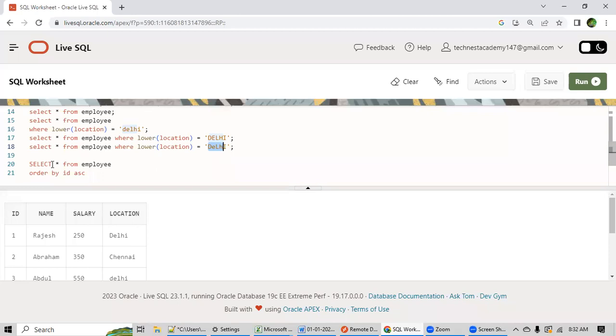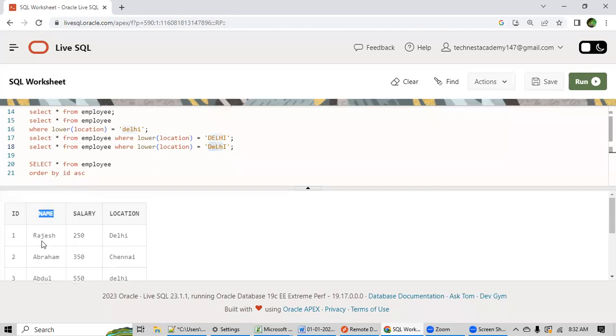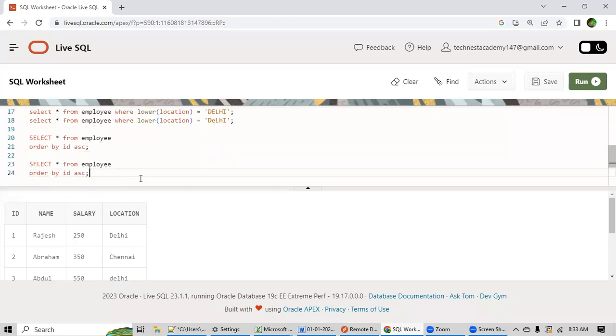Okay, fine. So now I have shown you how to sort in ascending order. Now you can ask a question: Tanvir, you have sorted the ID column in ascending and descending order, but I want to sort the name column in ascending order. Can you think and tell me, guys, what should I do here to sort the name column in ascending order? Instead of ID, we need to put name. Order by name. Good. Instead of ID, just write name. If you want to sort in ascending order, you write ASC here. Even if you do not write ASC, by default the engine will understand that I have to sort in ascending order.